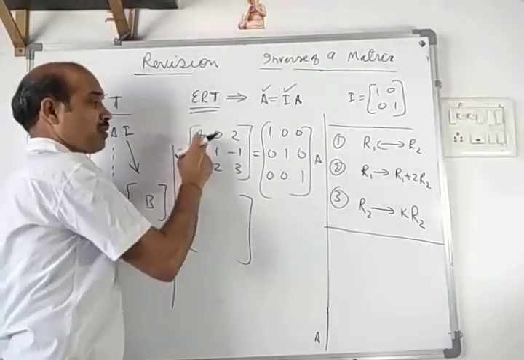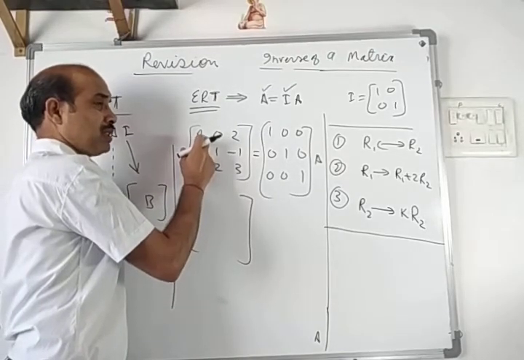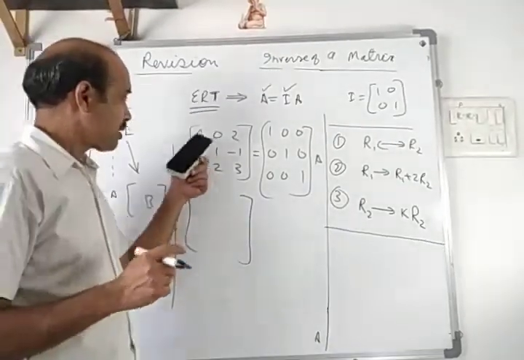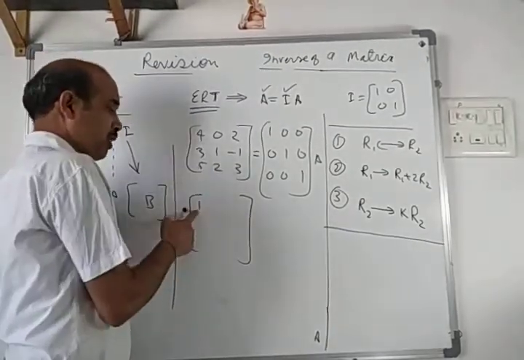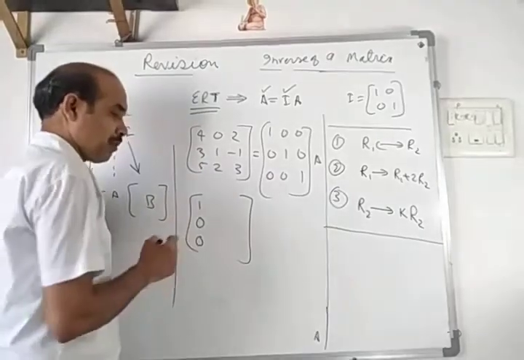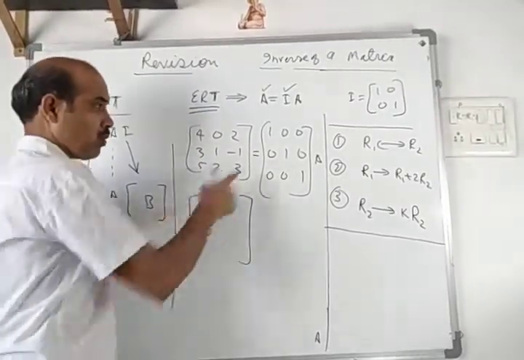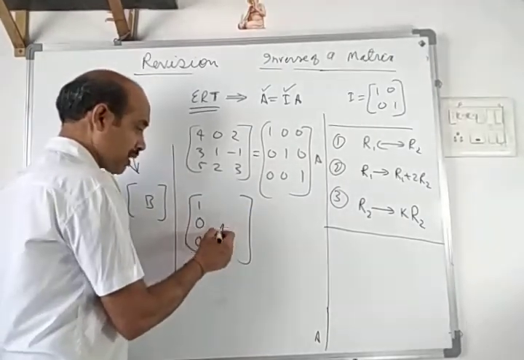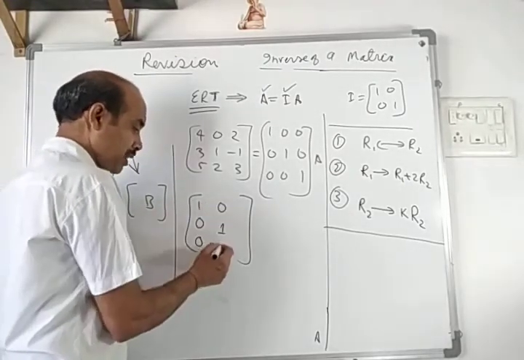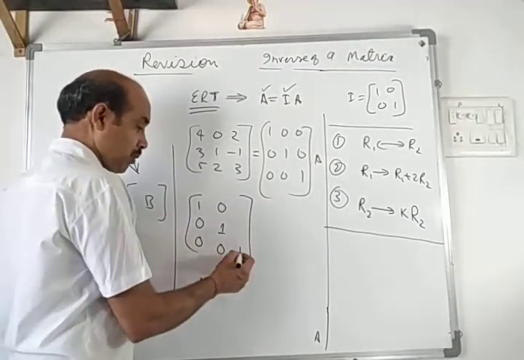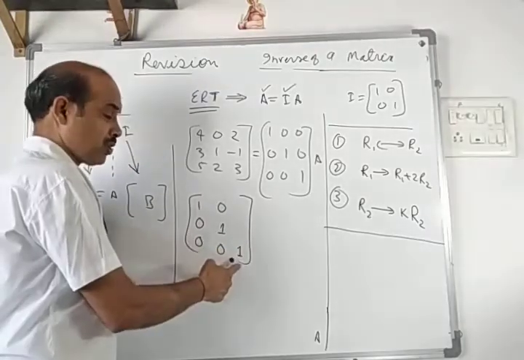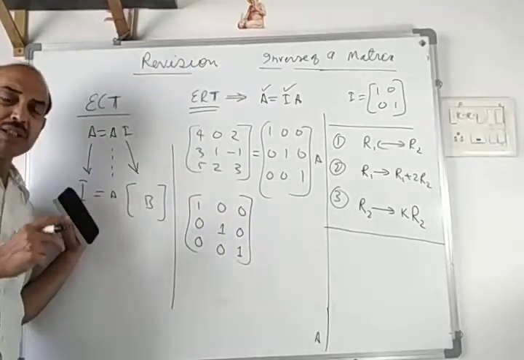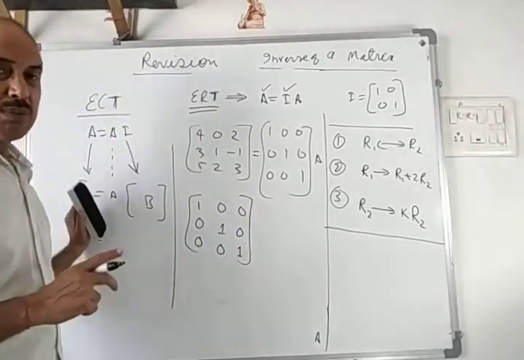But normally we have to add or subtract. So this will be subtracted from here. I am not going to do it, we have already explained, just revising. So you have to make this 1. Then with the help of this one, you have to make both the numbers here 0. Then only you can go for identity. So firstly make this 1 and then these two 0. After that you make this 1 and with the help of this you make these two 0. And in the third part you make A33, third row third column, 1 and the rest 0. This is the method to find the inverse of any matrix.